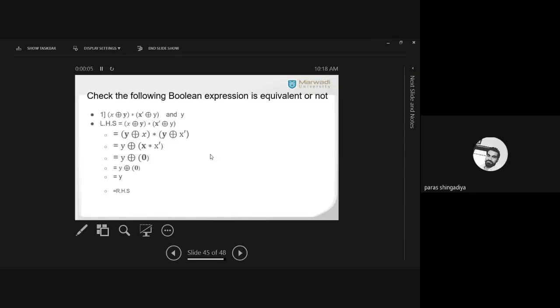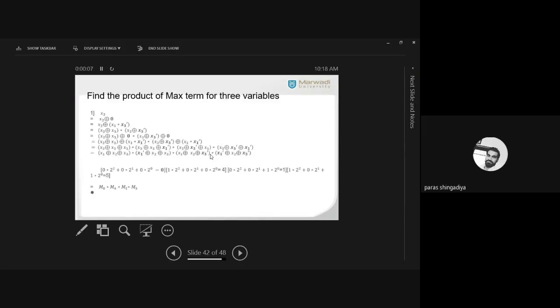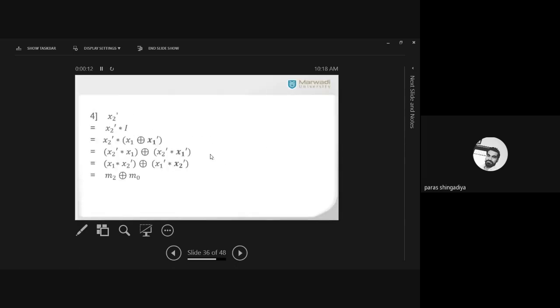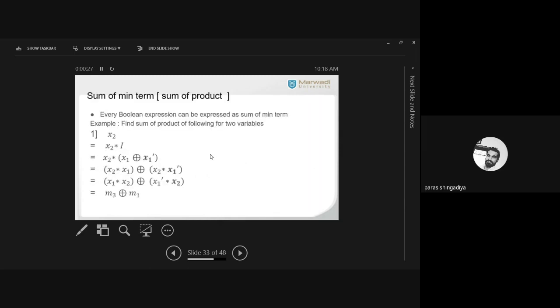Okay, so in the last lecture, we had discussed the concept of minterm and maxterm. We defined its properties, and then we checked the Boolean expression definition and Boolean function, and we considered some Boolean expressions and derived the canonical form as a sum of the product and product of the sum, meaning sum of the minterm and product of maxterm. Two types of questions will be there, one for two variables and second for three variables, for both topics.